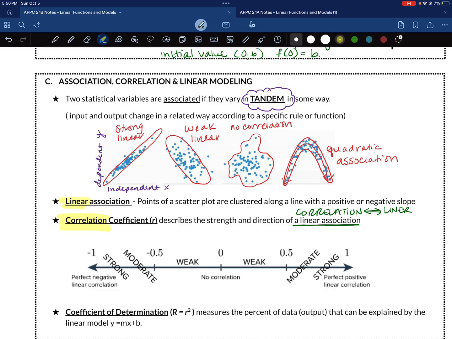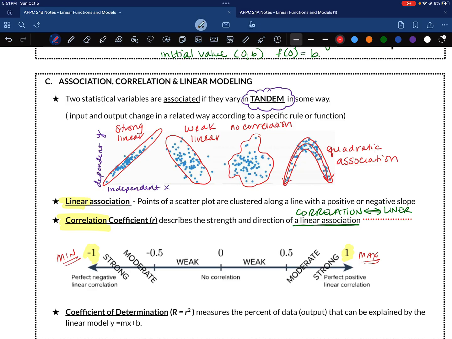So that's where the correlation coefficient R comes in. It's basically a number. The smallest value is -1 and the largest value is +1. So it's always a value between -1 and +1. And it's telling us the strength and the direction